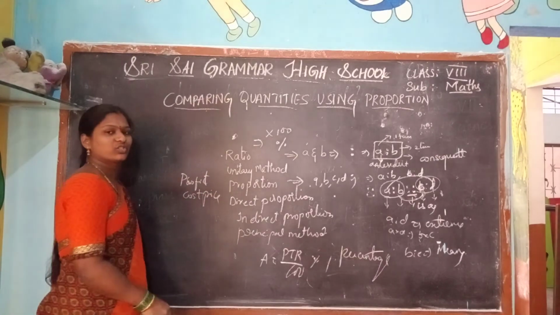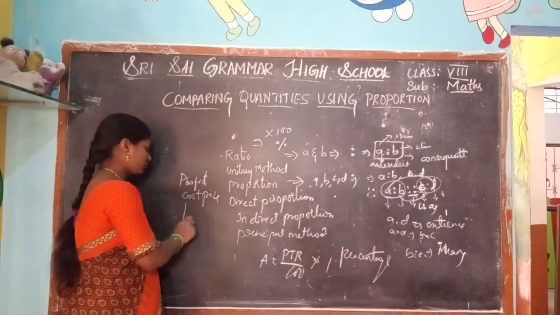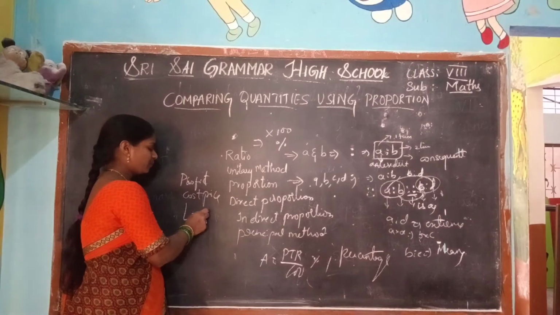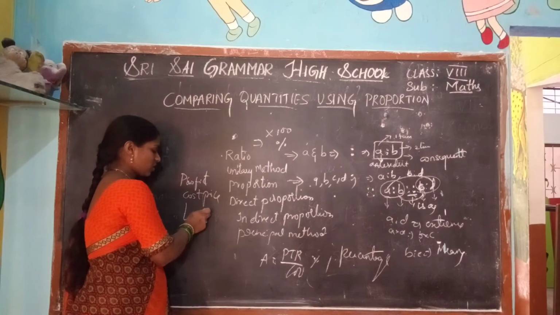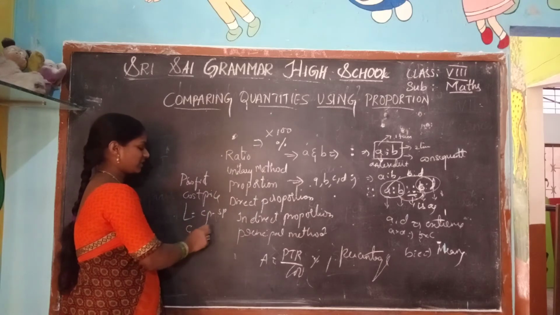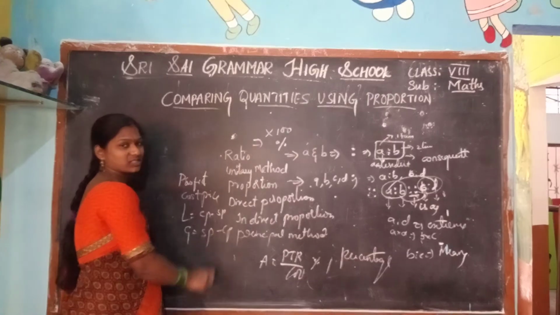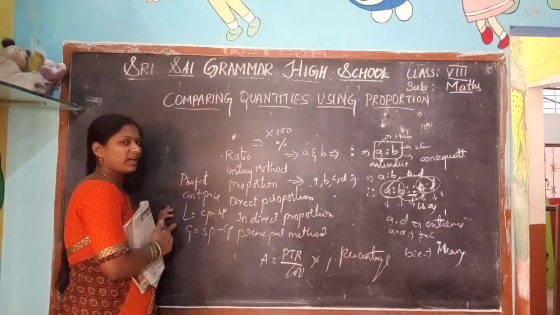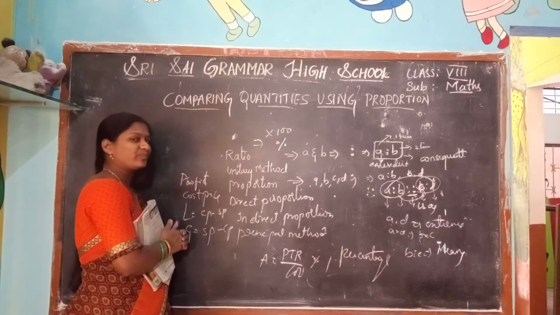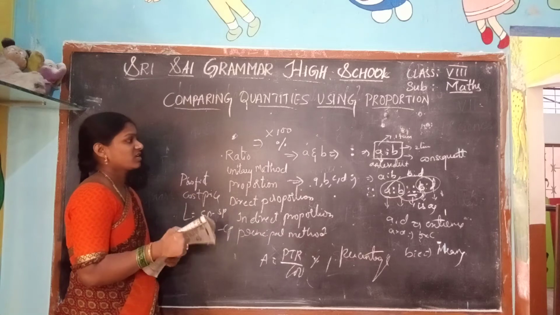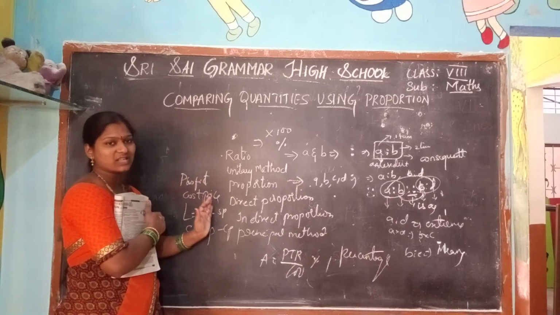Yes, and to know the loss or gain, loss will be identified with the cost price minus selling price, and gain will be identified by the selling price minus cost price. By this we will get a loss or gain, and we are going to show it in percentage. Okay, everyone remember this.